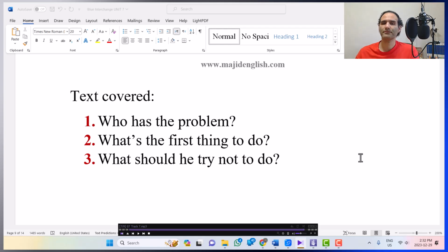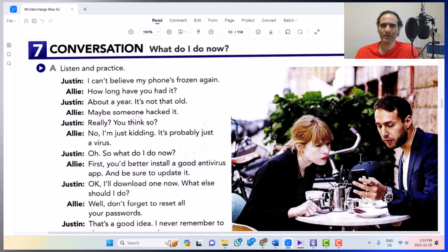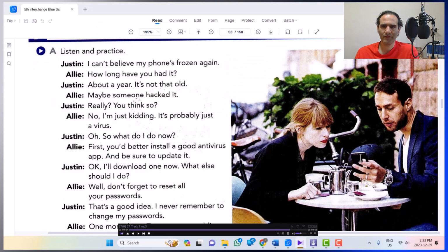Got it? So who's got the problem? He does. What's the first thing? So what is the problem? His phone has frozen. What's the first thing to do? As she recommends, download and install an antivirus, and also reset your password and things, and try not to get connected to public internet. That is her recommendation. So one more time, let's listen to the conversation while looking at it. It was not a difficult one, but